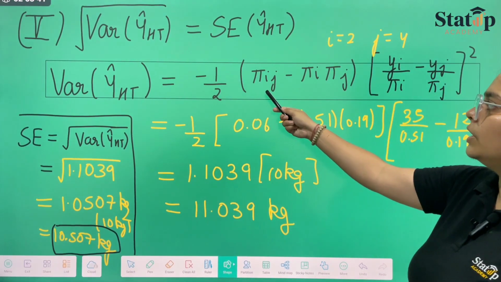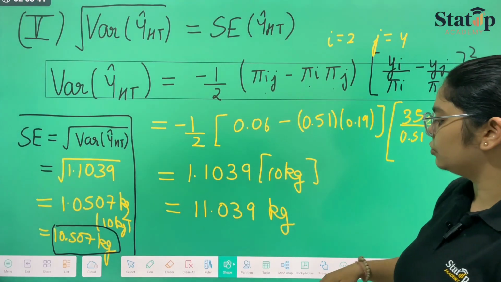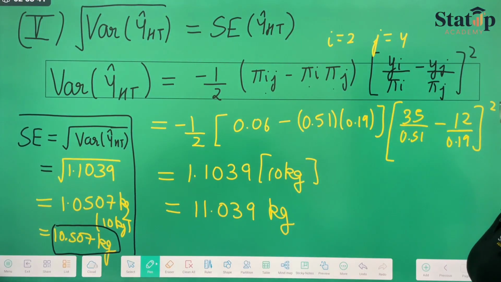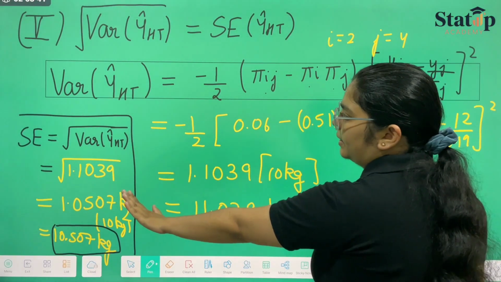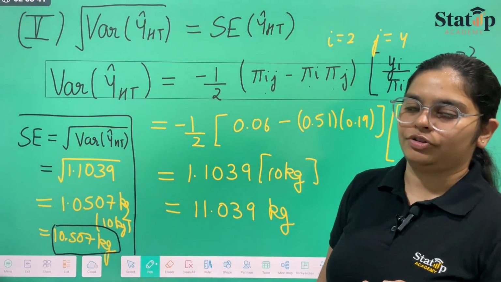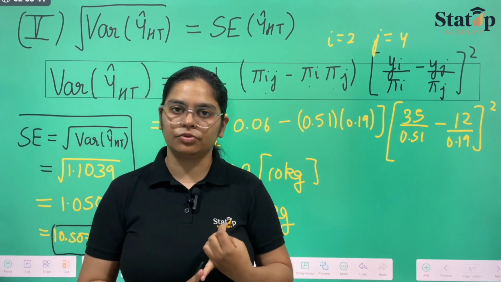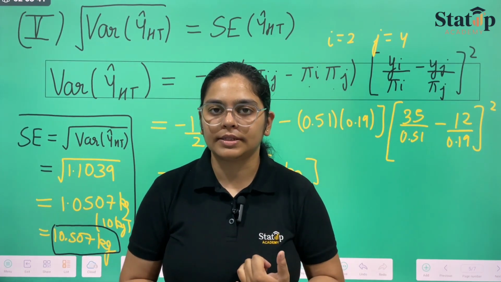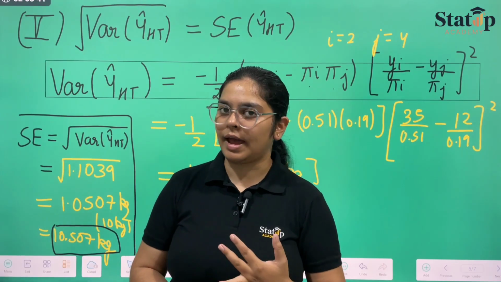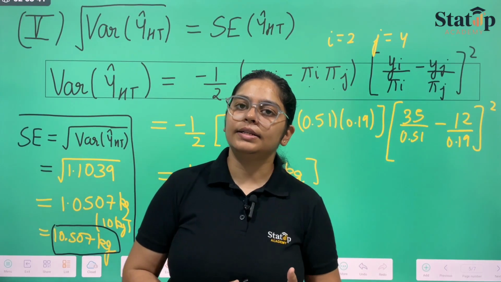So from here, the second inclusion probability and the first inclusion probabilities of the ith and jth units have been considered. Then only are we able to find the standard error by taking the square root of variance. So this solved the second part of the question. In order to solve the two questions, we have to take four parts: first inclusion probability, then the Horvitz-Thompson estimator of population total, then second inclusion probability, and finally we calculated the variance and standard error.